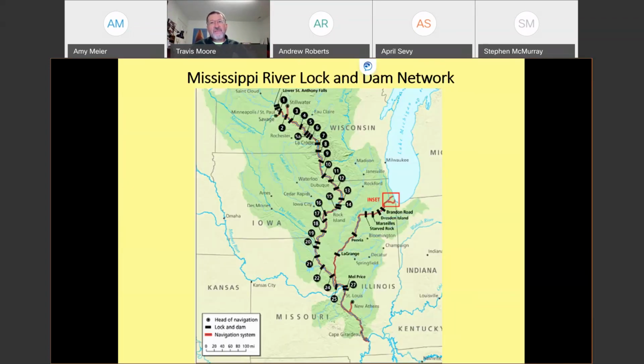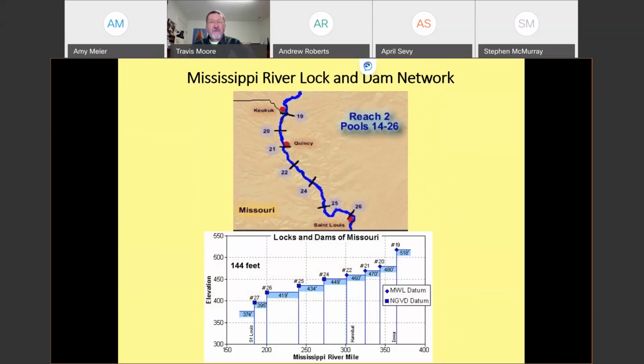So that lock and dam system extends from St. Louis all the way up into the Minnesota-Wisconsin boundary. In Missouri, there are 6 dams, but 7 locks. There's an extra lock down in the St. Louis area, just a little bit upstream of the arch. And you can see that throughout our reach, going from Lock and Dam 19, which is on the Iowa border at Keokuk, all the way down to St. Louis,